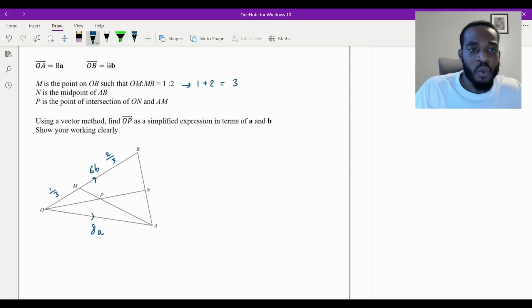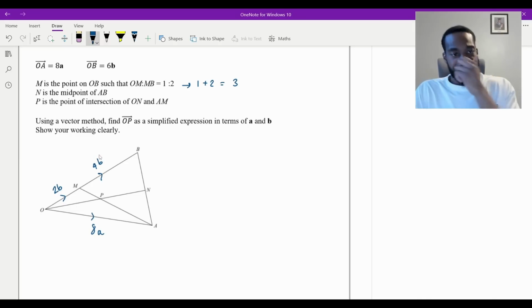So we can work out what these are in terms of B. This one is going to be a third of that whole line, which is 6B. A third of 6 is 2, so that's going to be a 2B. So let me rub this out, and this is going to be a 2B there. And then this part here is 2/3 of 6B. What's 2/3 of 6? It's 4, so I can rub this out and put a 4B here. So I've just broken down that vector, which is 6B, into the 2 parts